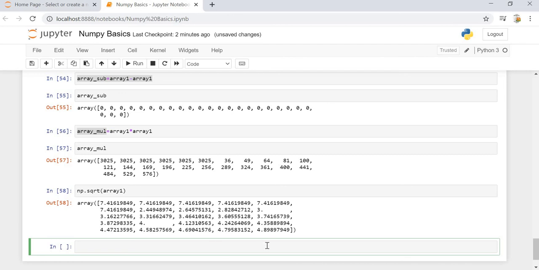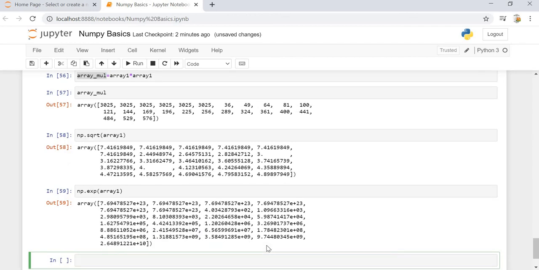If we want to find the exponent, we can also do it using np.exp. np.exp will give us the exponent of each and every entry of the array. We can also do np.log, which will give us the logarithmic value of each and every entry of the array.